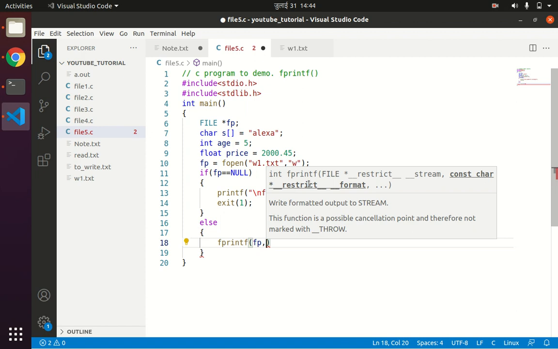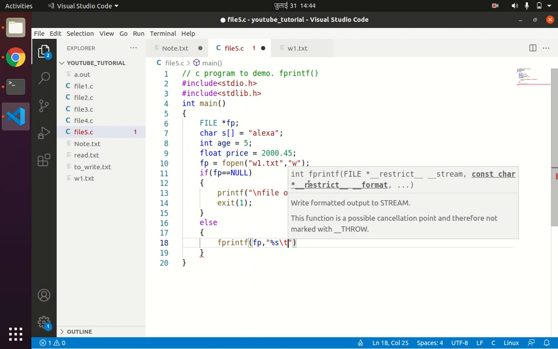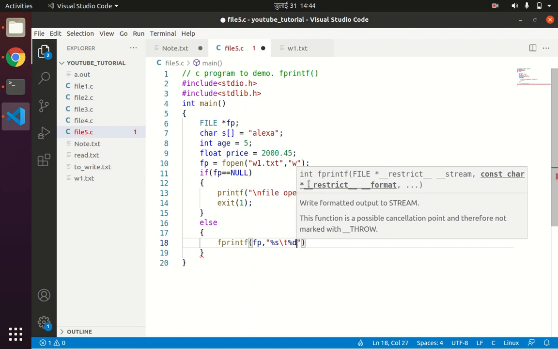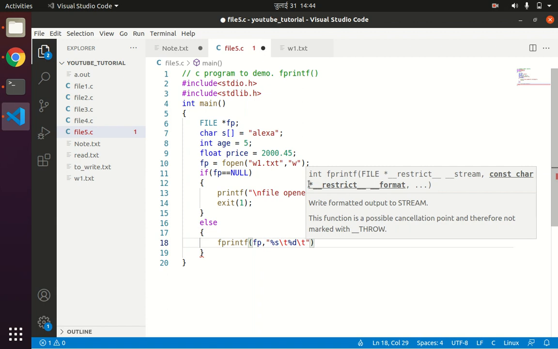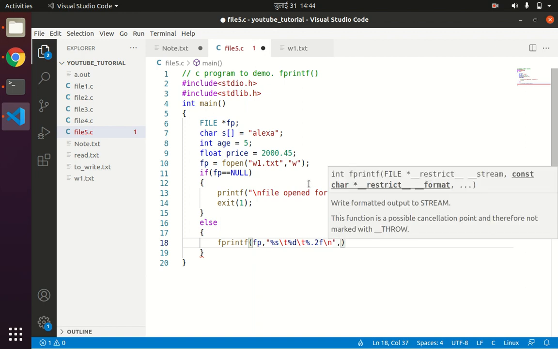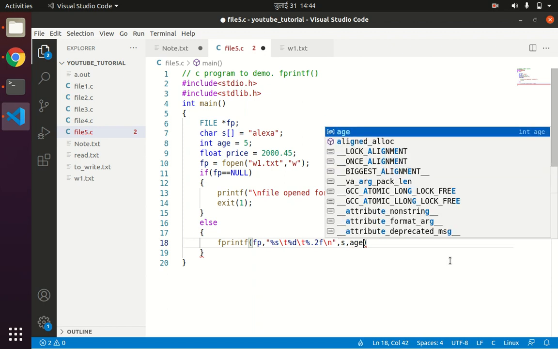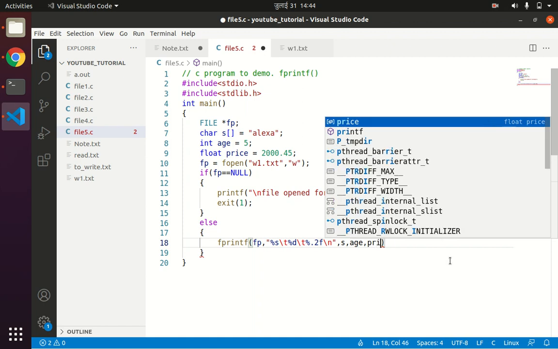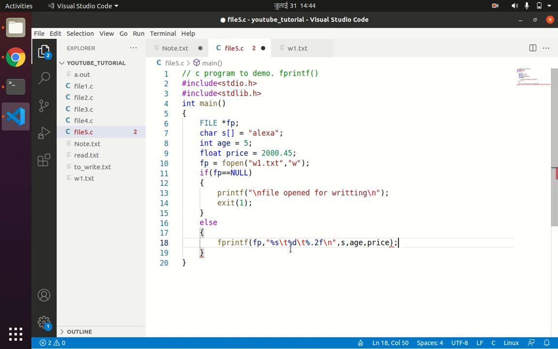So the first thing that I need to write is one string, then one space, one integer and one space, and one floating point value. So %.2f, and then I will write one new line. So write the variable name: s comma age comma price. So this is similar to the printf function, and the new thing that we have added here is the file pointer.